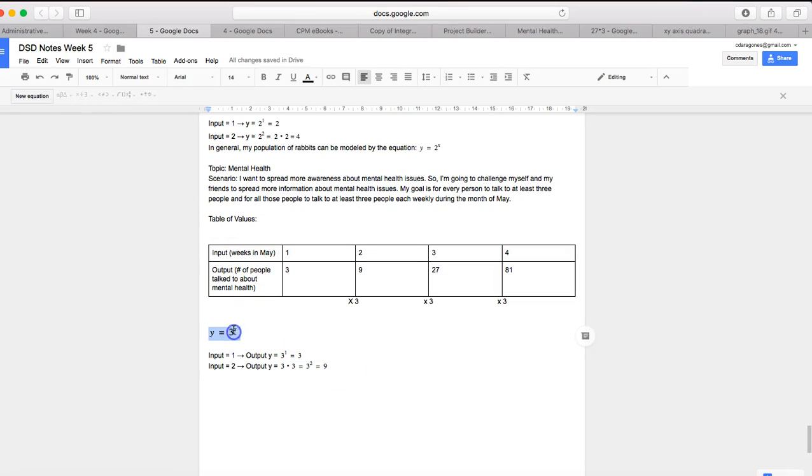So whatever my base is, it's how many people each person talked to, and then x is how many weeks into this process I was. So my function is y equals 3 to the x. So go ahead, write an equation for your own topic scenario. Take a photo in your notebook, and I will